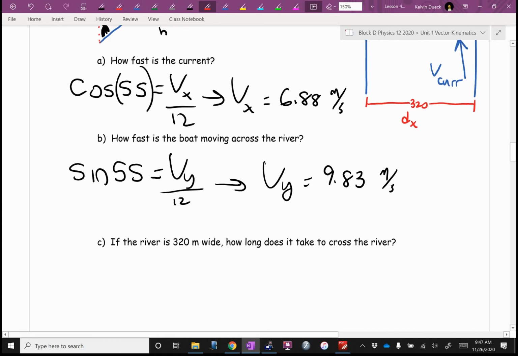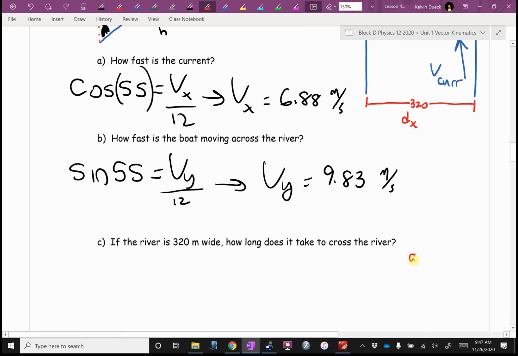A is still 0. If you're bored sometime, come by either during a Y block or during a blended when no one is here. I can show you if there's also an acceleration. The questions get longer more than anything. I can't even say they get much tougher. It's just, instead of d equals VIT, it's going to be d equals VIT plus a half AT squared. And it's a quadratic and it's a bit of a pain. It's doable, but